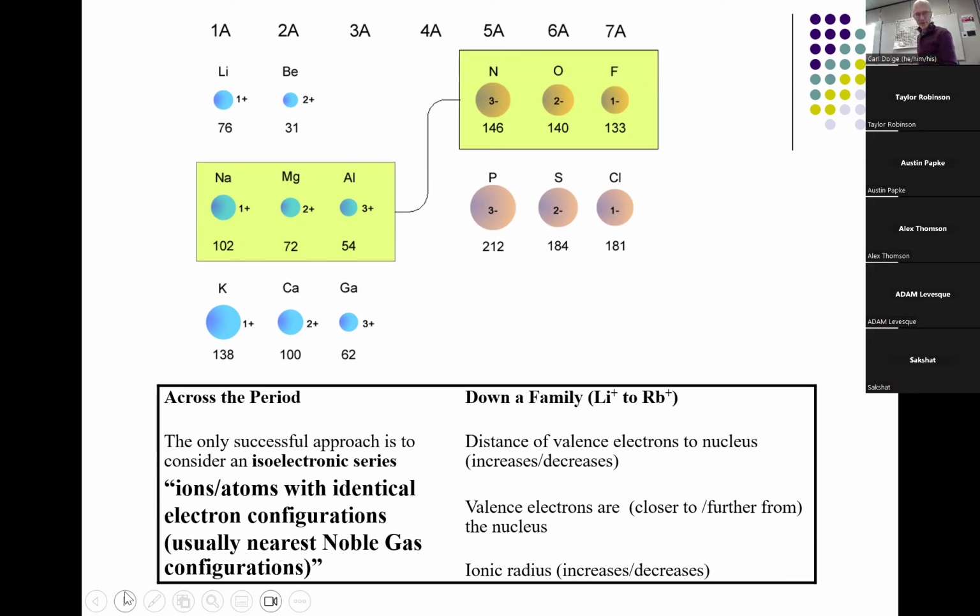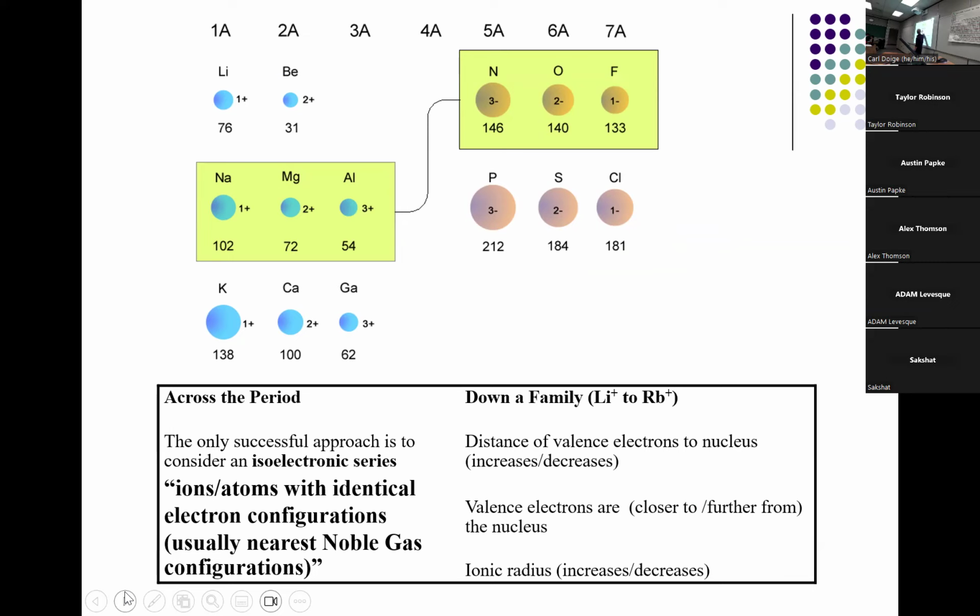Now, one of the points I first want to make is you can't simply say that across the periodic table there's a general trend. Because you say, oh yeah, they get a bit smaller, but oh, now this is larger. So that's not going to work. And same here, they get smaller, but then those are larger. It's also not correct to simply say anions are always bigger and cations are always smaller. What's true is the cation is always smaller compared to its atom, and the anion is always larger compared to its atom. But I can't always say that an anion is larger than a cation. It depends.